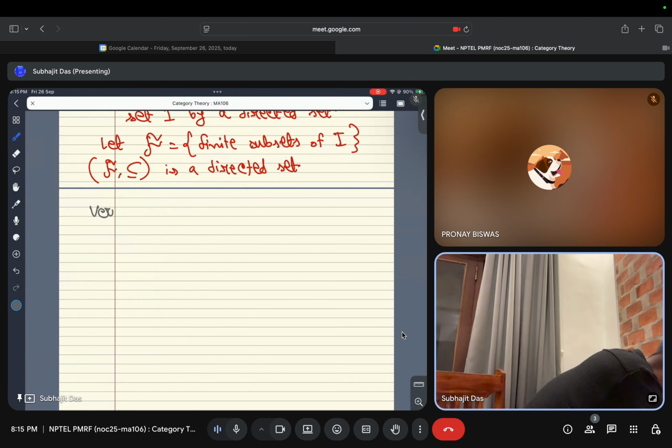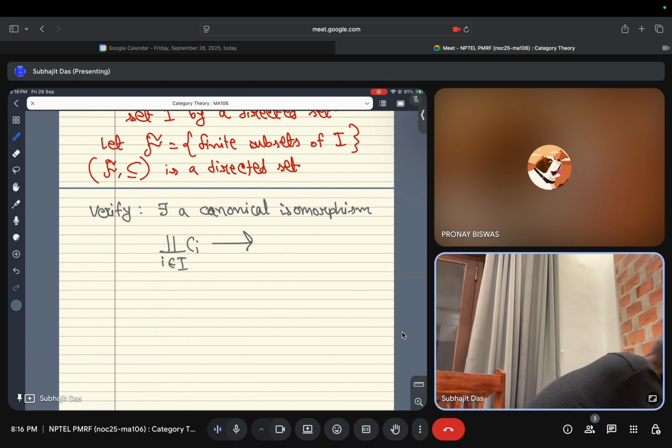Verify, I won't say check, because this needs to be verified, that there exists a canonical isomorphism from the coproduct of C_i, i in I, to the direct limit of